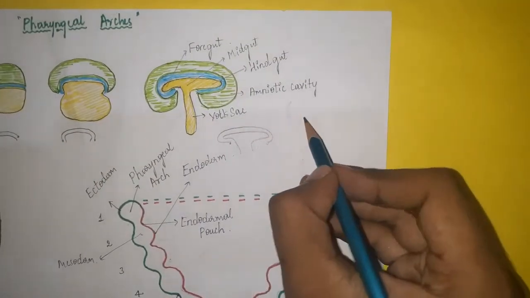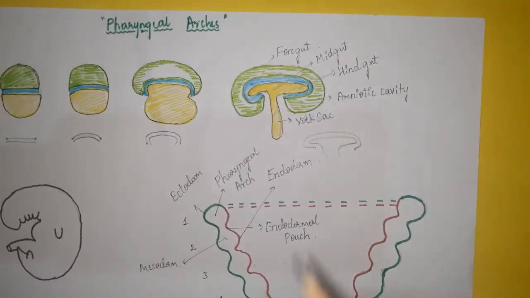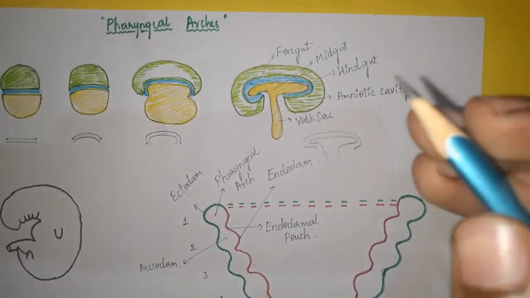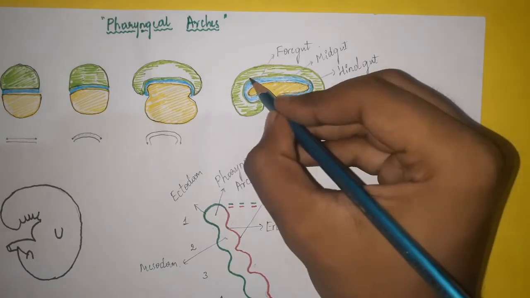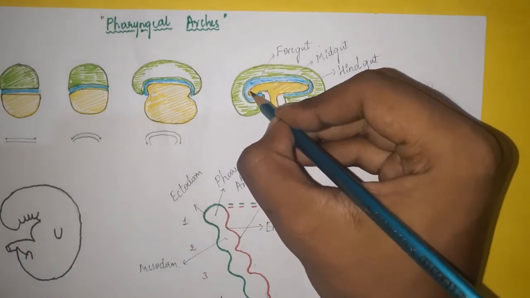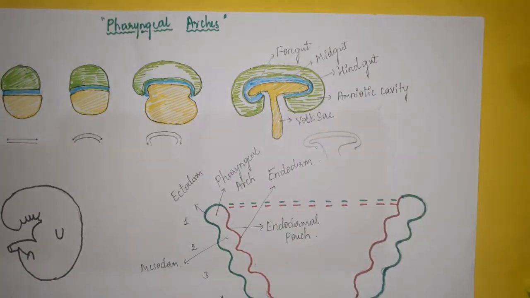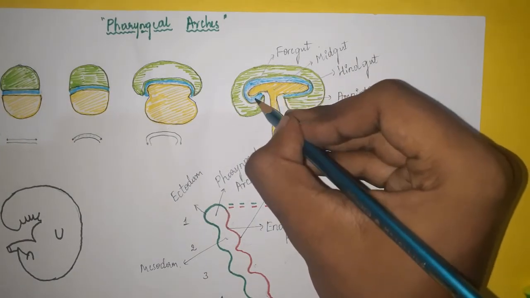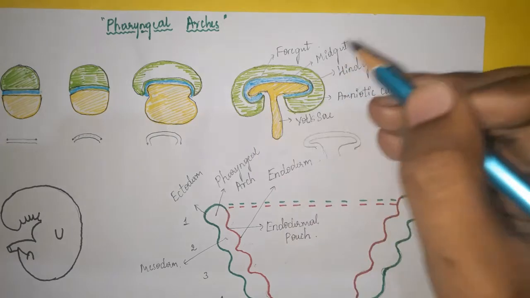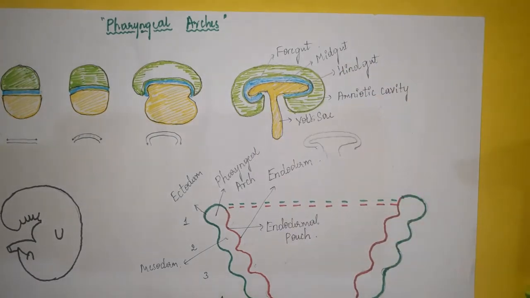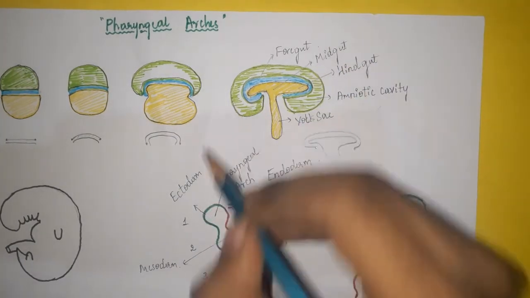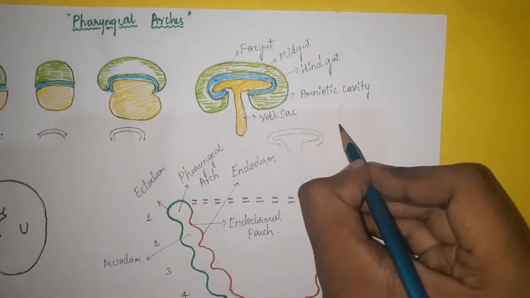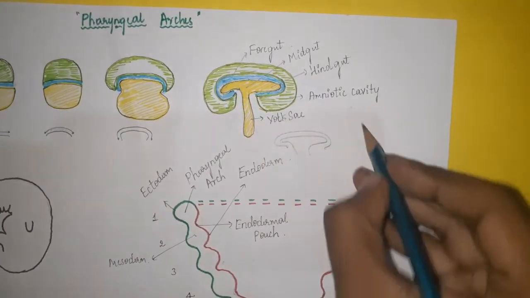See here, previously, remember, this is the dorsal part, this is the ventral part. What happens in the course of development is the pharyngeal arches arise in the dorsal part and meet the opposite pharyngeal arch in the ventral portion. This is one arch, and this arch will meet its corresponding arch on the opposite side in the ventral part. Okay, remember. Of course, I will take this portion and explain.